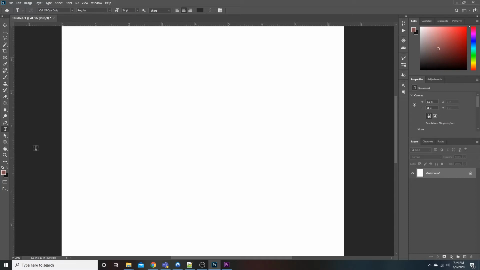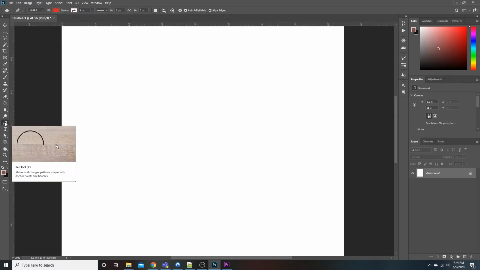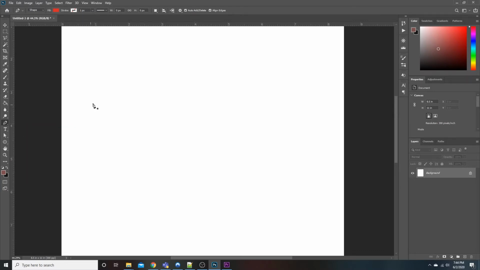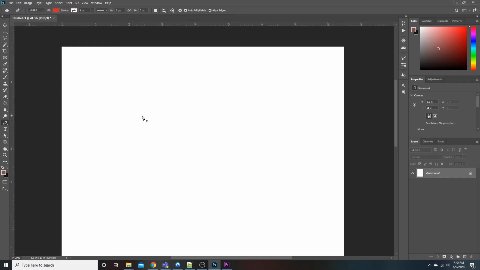So starting out with 1A, quote unquote, we hit P on the keyboard, or you just come up here to the icon right above your text tool. That is the pen. Click on that guy, and this is where this A/B comes into play. So shape is going to be method 1A, and path is going to be method 1B. As it applies, we're going to start off with method 1A. If we had to break this down outline style,